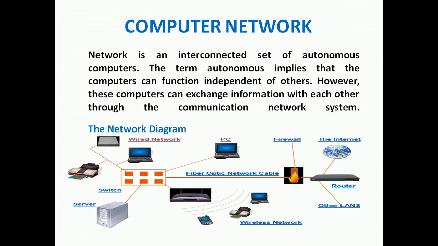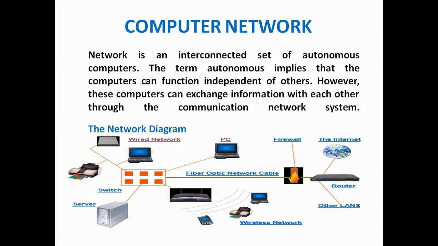So first of all, what is computer network? Network is an interconnected set of autonomous computers, or we can say that computer network is the collection of computers, collection of devices, and those devices are interconnected through some communication medium. And that communication medium may be any wire or that may be wireless. And the devices will be autonomous. Means computers can function independent of others, and these computers or these nodes can exchange information with each other through